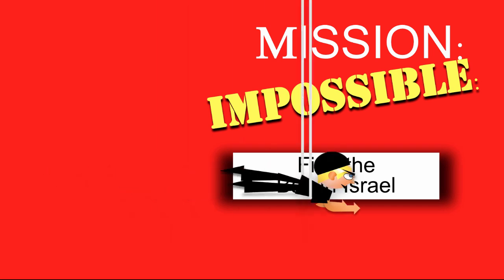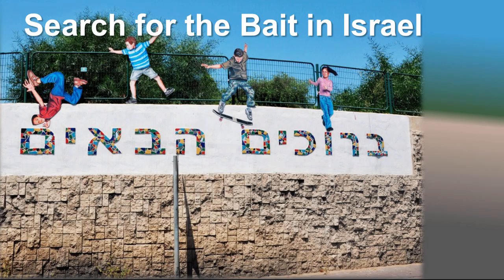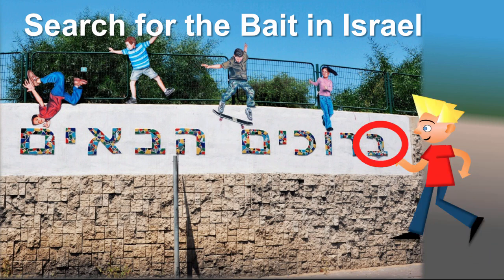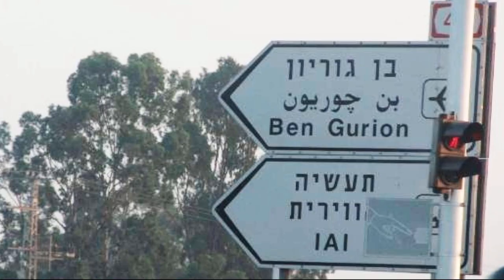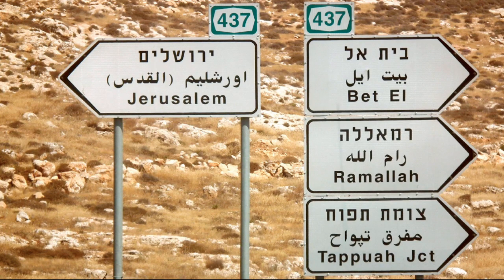Find the beit in Israel. And again, we have Ben. He's running down the street. And where are you, Ben? Oh, there he is. And he found a beit. And that same sign. Now see if you can find a beit here. Right there, Ben Gurion's airport. And if you go to Israel, you'll see that sign.